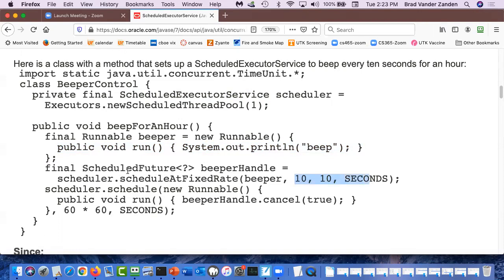So what we do is we schedule at a fixed rate. So every 10 seconds, our beeper task, which was created here, every 10 seconds, we could specify another time unit. And one of these two is a delay, so it won't start until 10 seconds from now, and then every 10 seconds it will run. And you can see it's returning a scheduled future, which allows us to cancel it whenever we want, which we